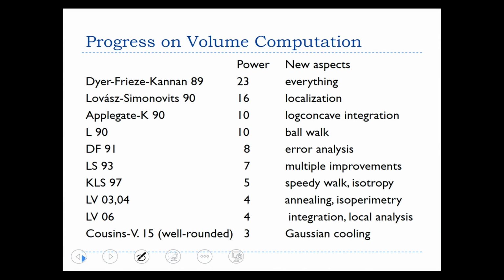result here is not for all bodies, but for well-rounded bodies, by which we mean that the expected square distance is order of n. And for that case, it's actually just n cubed. Okay, so